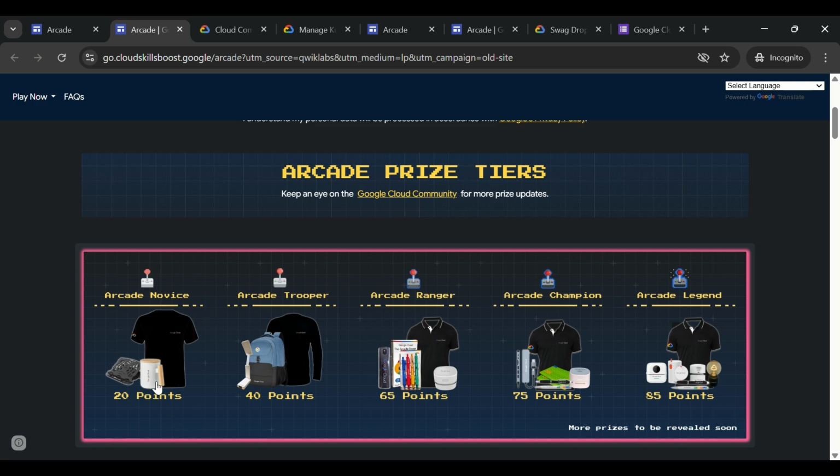If you want to get into trooper, you need to have 40 points or more. So 40 points and less than 65 will give you this. 65 points and less than 75 will give you this. So understanding this, after every 6 months, once you have enrolled in this and the Arcade is completed,